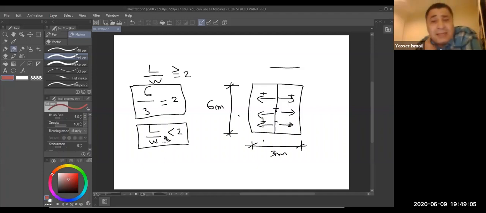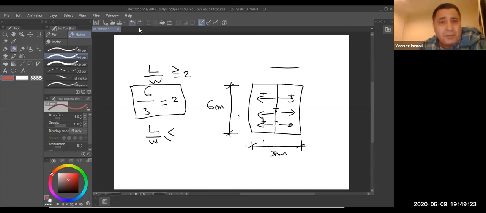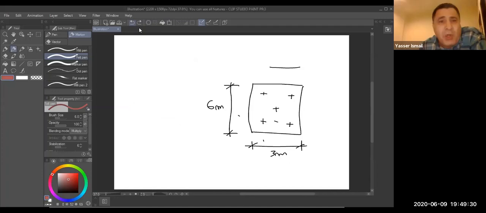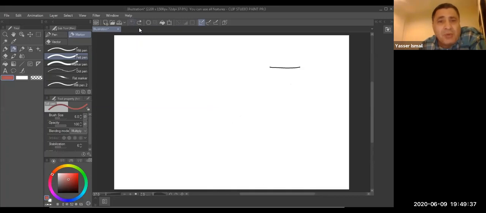By the way, this is one question on your exam. It is not a problem question, it is a theoretical question. What is the definition of one-way slab and two-way slab? You will know it now. That means you need to know the effect of the load in a particular system until the load safely reaches the ground floor.